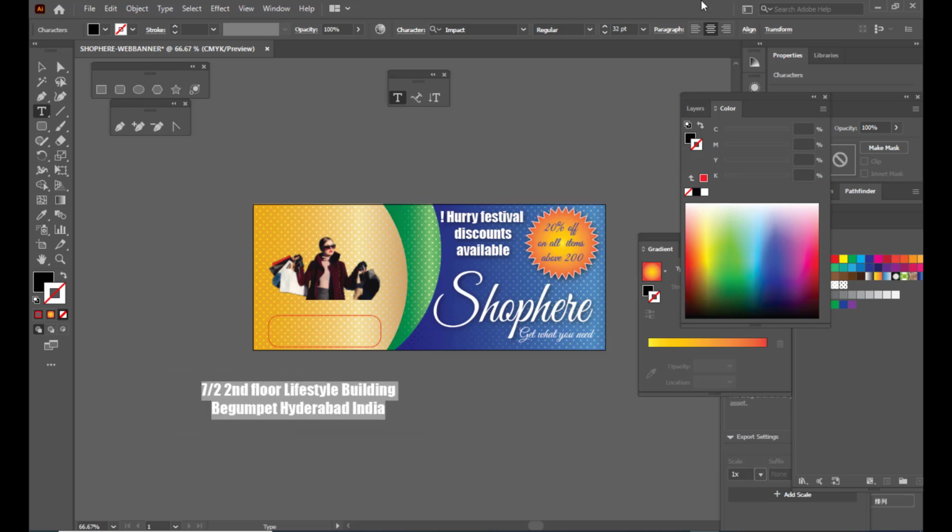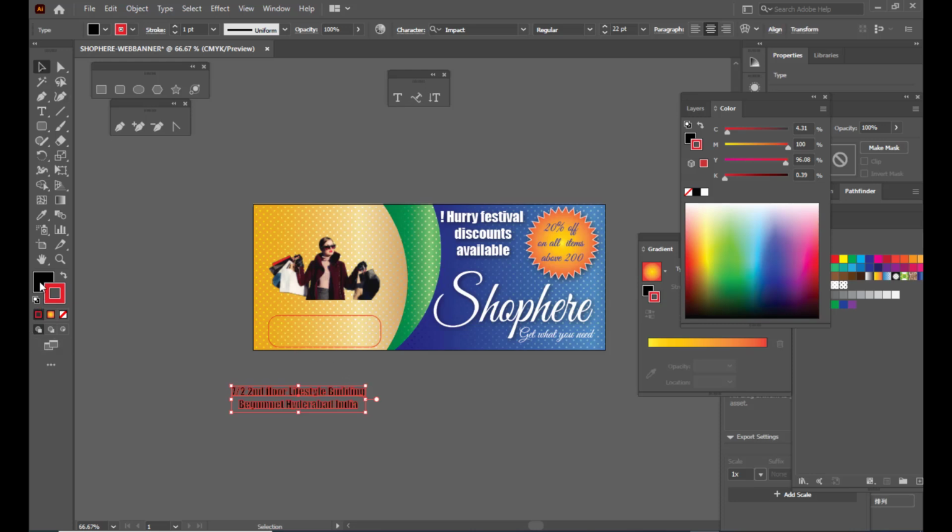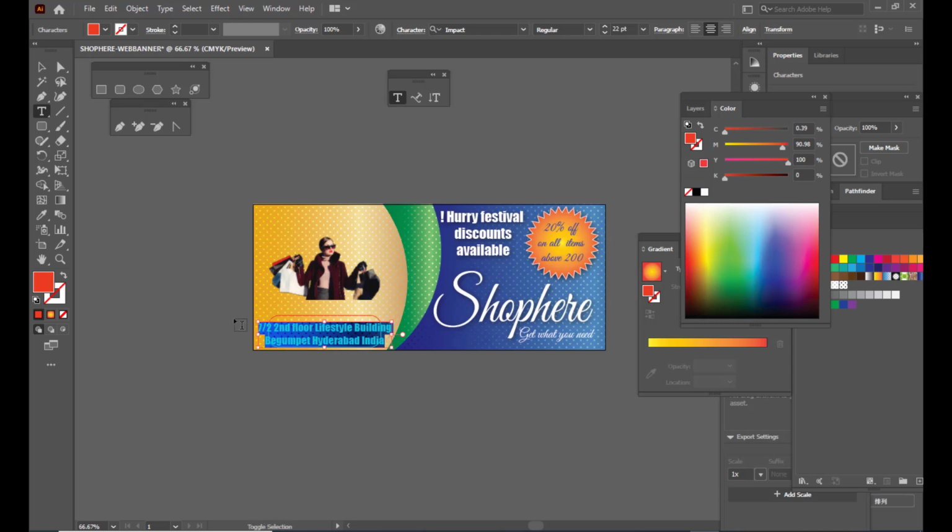We can use Ctrl Shift less than to scale down the text, and we will give it a red fill, and we'll turn off the stroke. Just place it inside this rounded rectangle. So we'll highlight the text, and we will use Ctrl Shift less than.